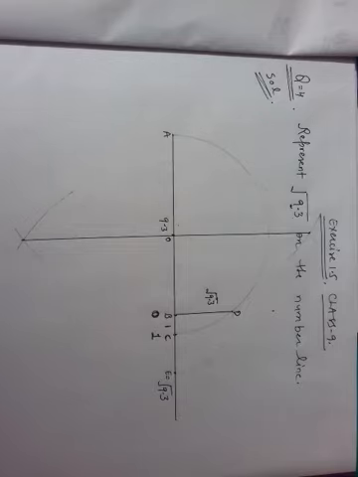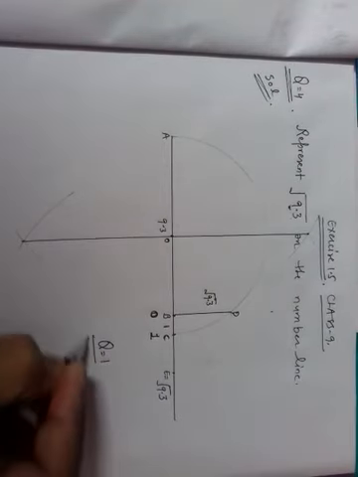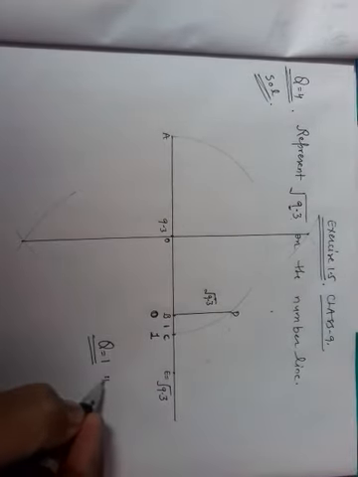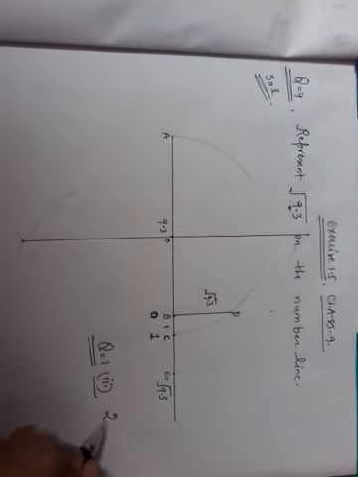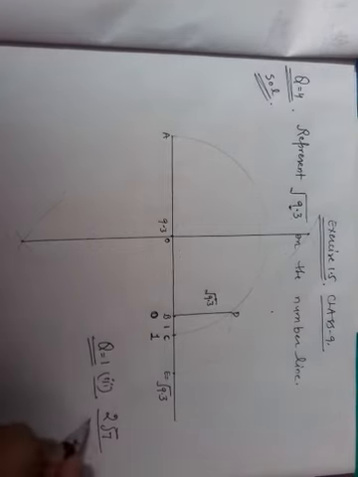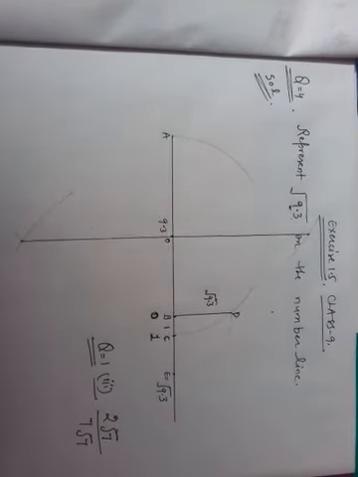This is the question number 4 of your exercise, and one more question I am telling you, a very important question of your exercise, that is very simple. The question number first, third part. What is the question? 2 under root 7 upon 7 under root 7. In these questions we have to classify whether this number is rational or irrational.